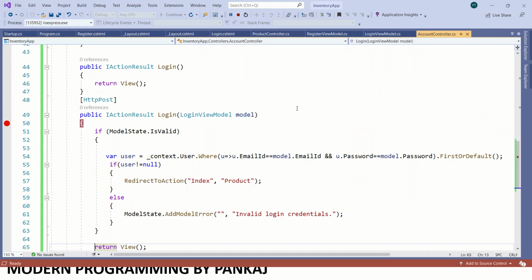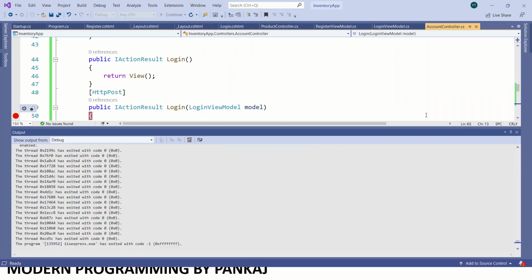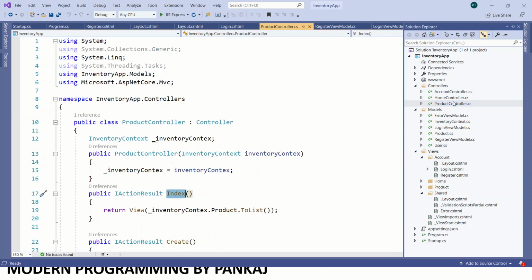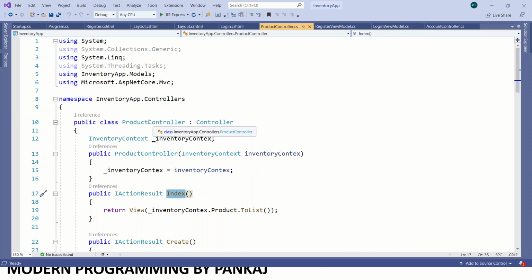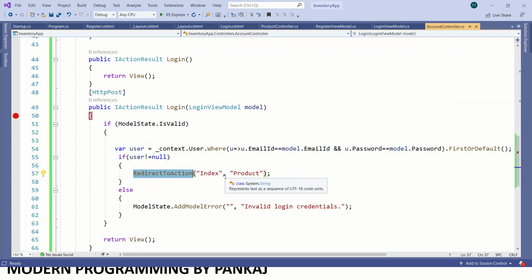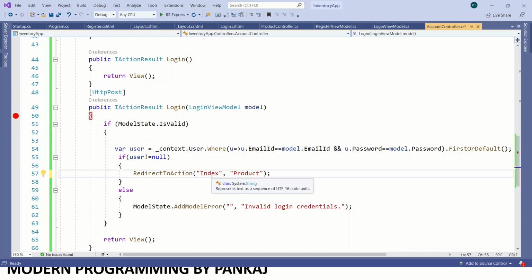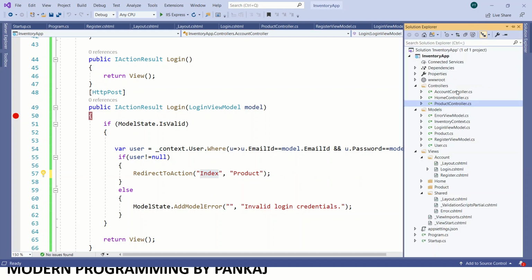So let's check the action name and controller name.